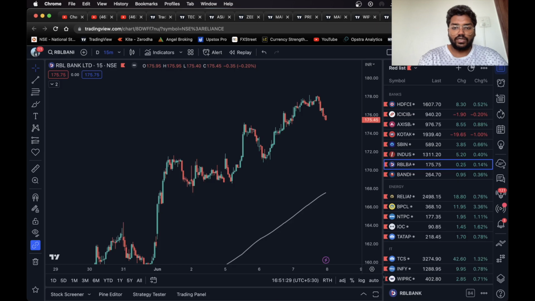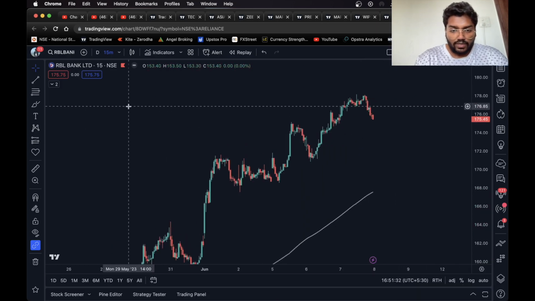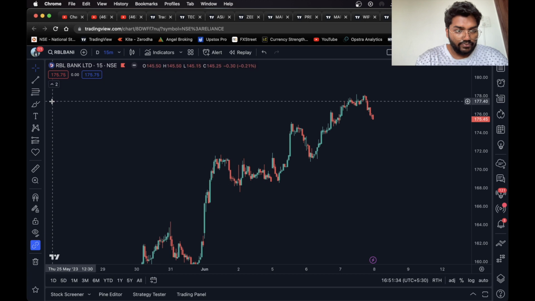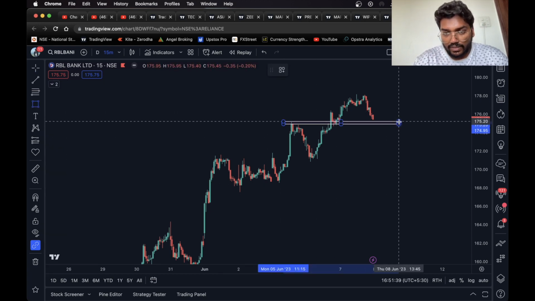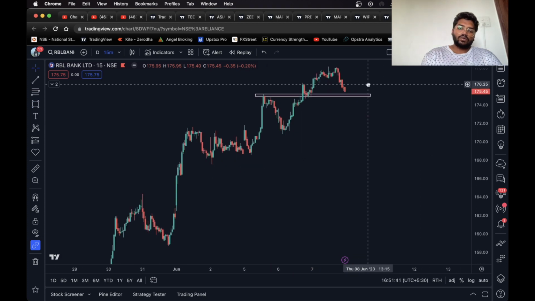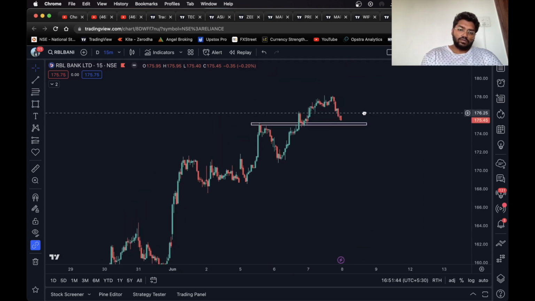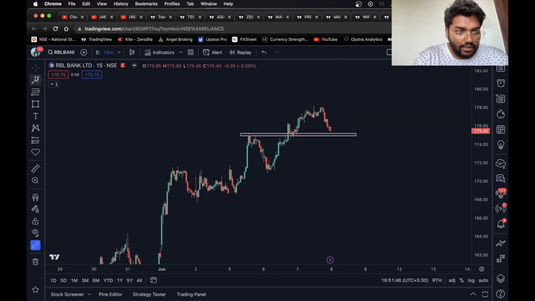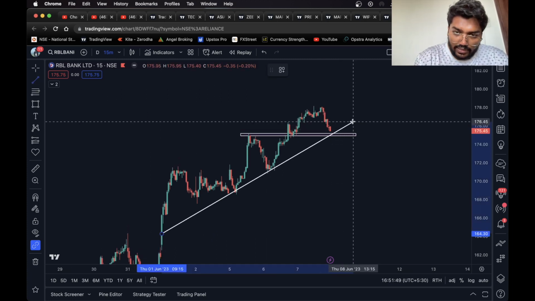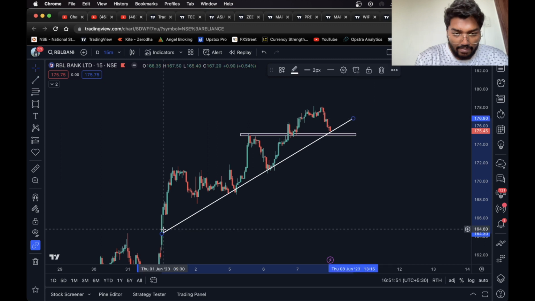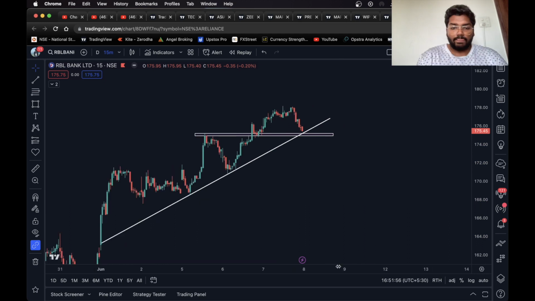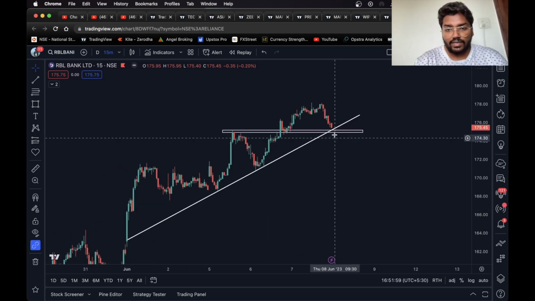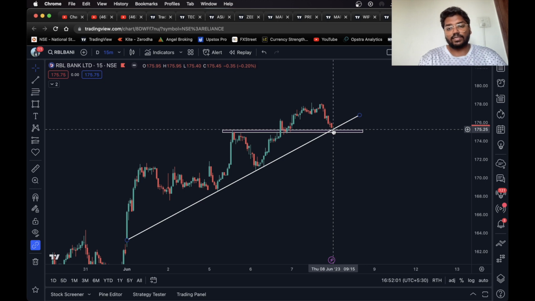Moving on to the next one, RBL Bank. Okay, I'll just remove the 200 EMA from here again. Okay, RBL Bank also. I can also see a trend line over here. Okay, it looks nice. So once the stock breaks the trend line and sustains below this horizontal level, a short